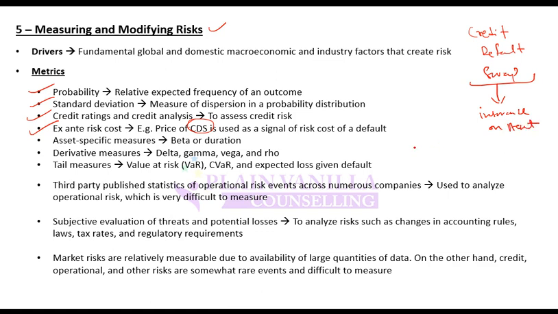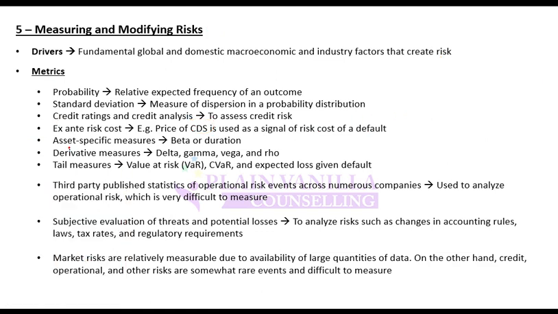So if investors think that an asset is turning risky, if risk associated with an asset is increasing, they would go for insurance. When they go for insurance, they will buy CDS. When they buy CDS, demand for CDS will increase. When demand for CDS increases, prices for CDS will increase. So if prices of CDS are increasing, that means that risk is increasing, or that investors are expecting something bad to happen in future. So price of risk or other signals can also be a way to measure risk.